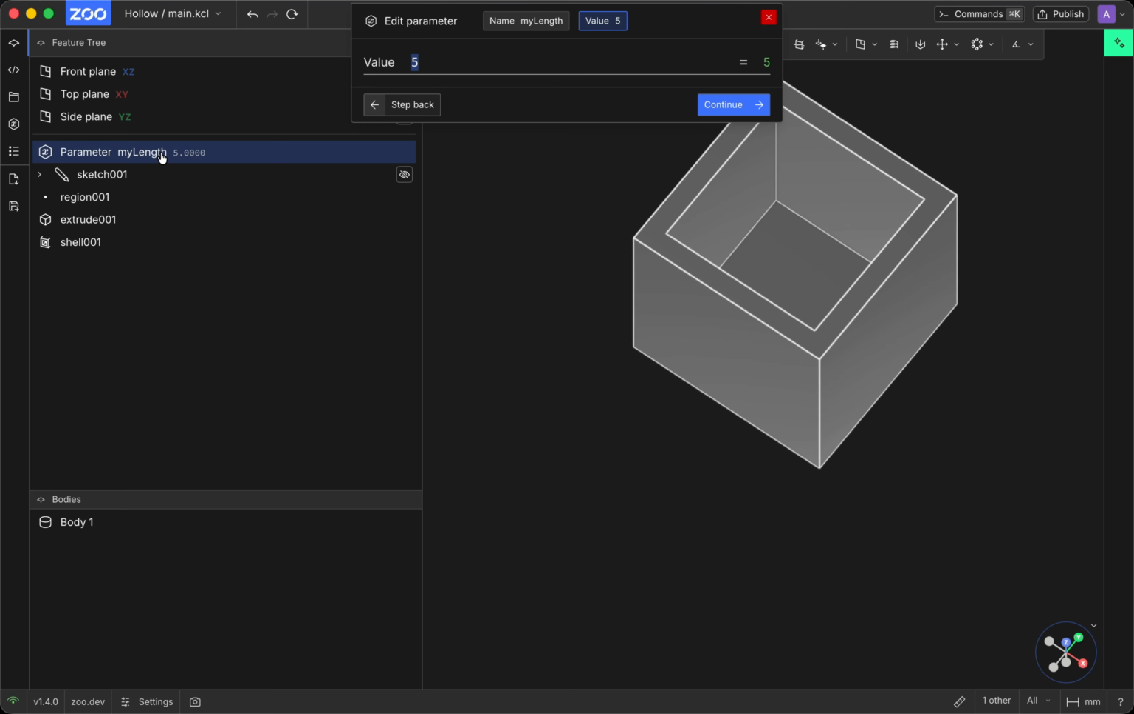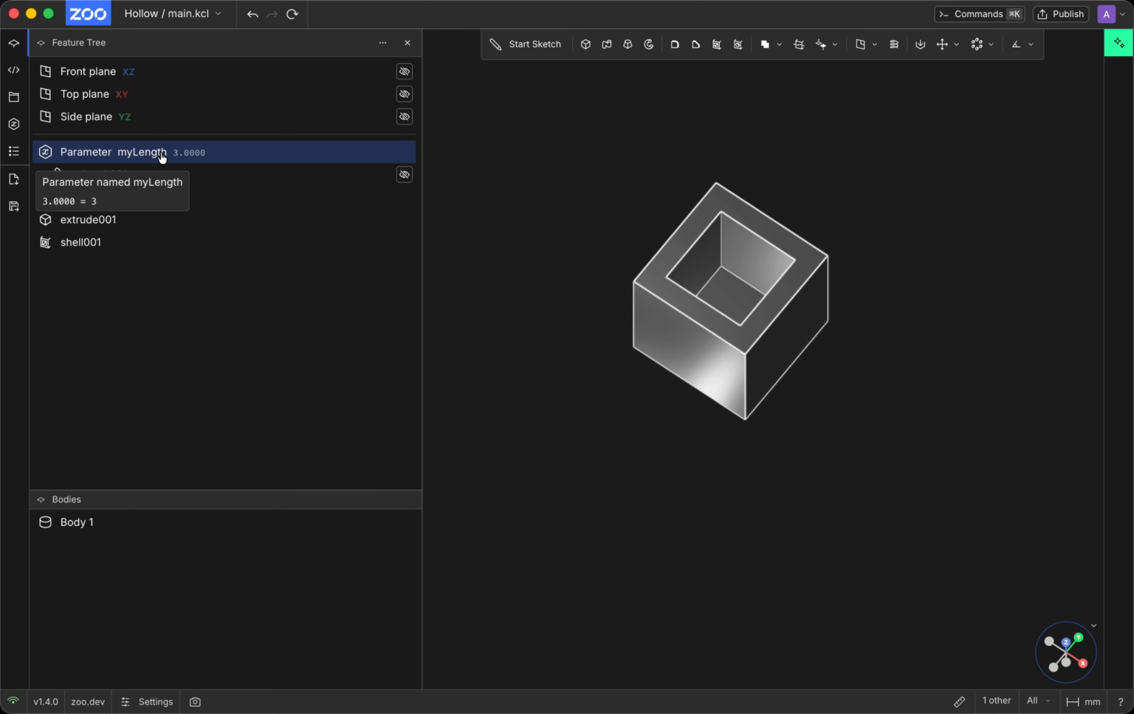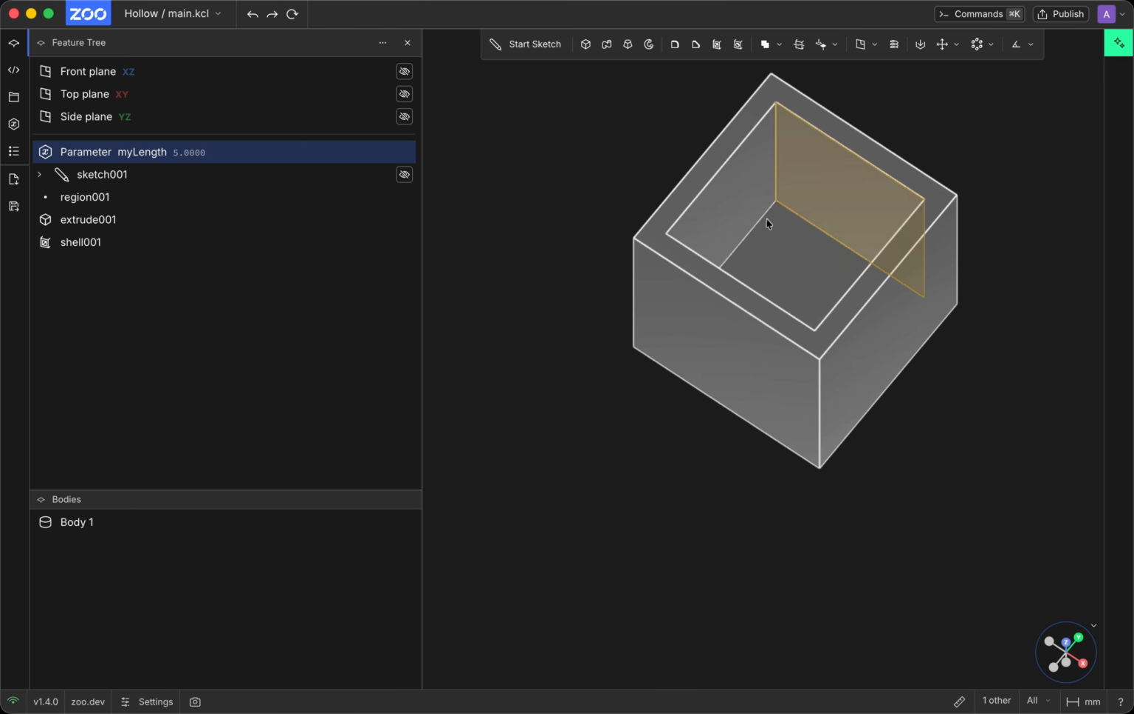So as an example, I've got this length that I've defined my box with. If I were to bump this down to maybe 3 millimeters, then we have quick control over my geometry. But going back to that original size,